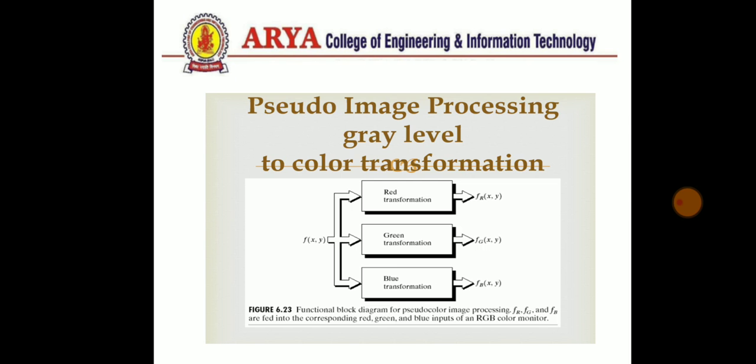So this is the process of pseudo coloring. In the first step, we have only a black and white image, and at the output stage, we have the same image but with color in 3 attributes, that is red, green, and blue. This figure shows the pseudo coloring image processing in red, green, and blue fed into the corresponding 3 RGB color monitors. It basically depends on the RGB color model, where we have only 3 primary colors, and by the combination of these 3 colors we can produce secondary colors to show on our output or viewing screen.